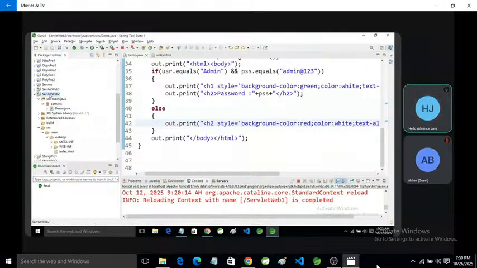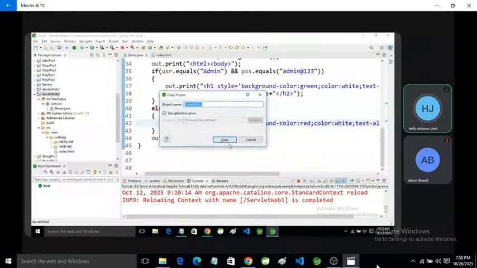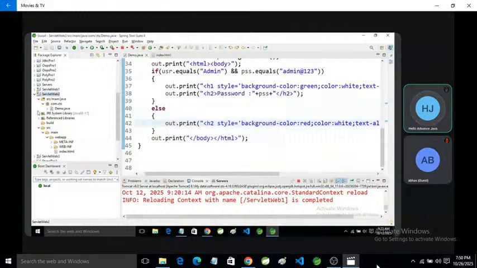Okay, same thing. Suppose we want to change the same thing in MVC pattern. For this purpose, I'm going to create a new copy of this project.